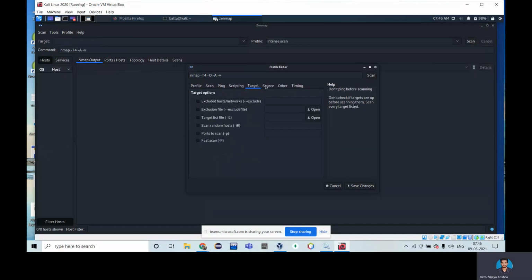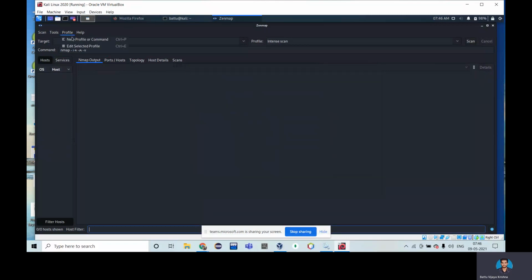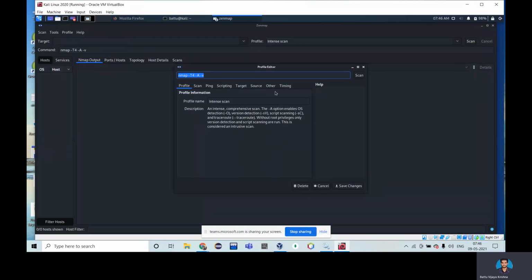After that is scripting, and these are the options for providing different features or things which will be included in the scanned output. After that, edit selected profile. After performing a scan, ZenMap will show the output.